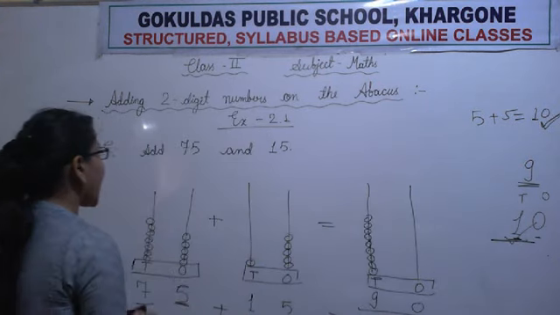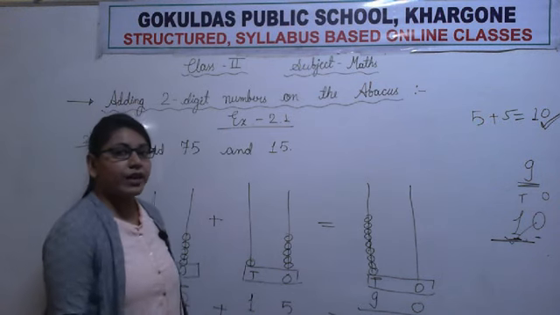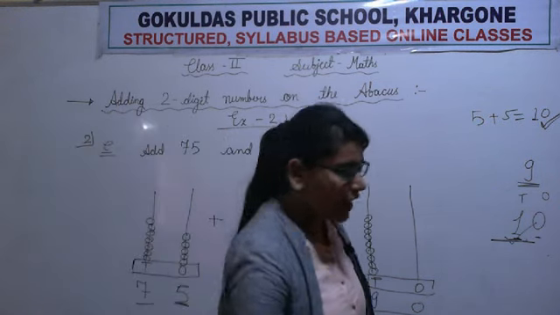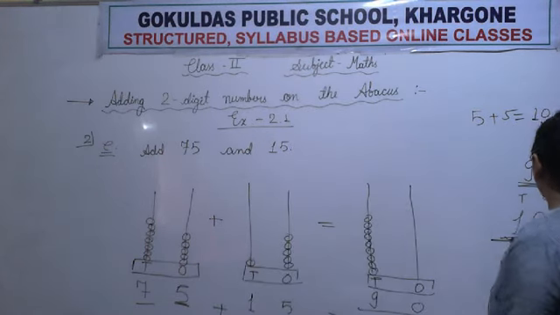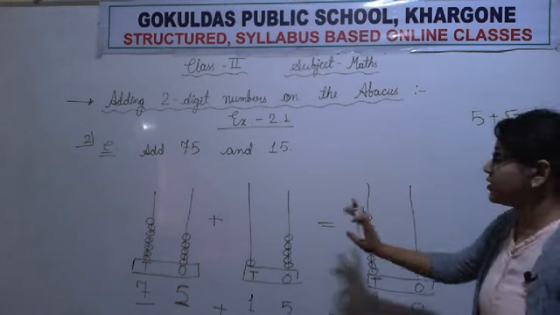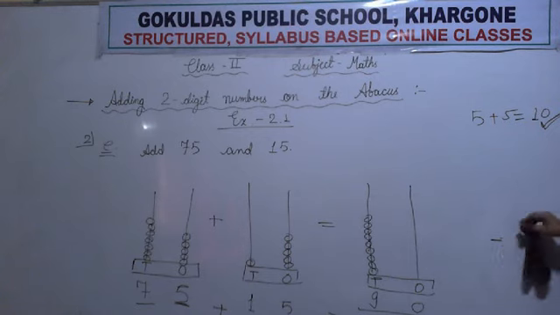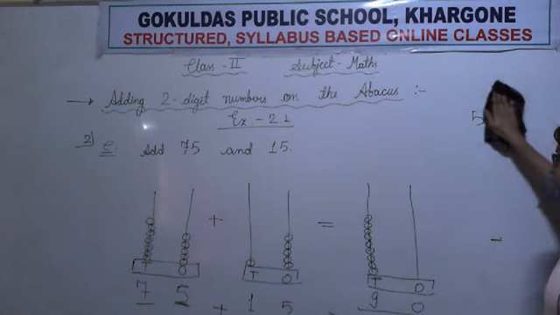Okay, so this is how we can do addition on abacus with regrouping. What did we do here? We marked tens and ones. We were adding ones, but we got a 2-digit answer in the form of tens and ones. So we draw ones in ones and tens in tens. So we regroup this 2-digit number in tens and ones spikes. So we are calling it regrouping.